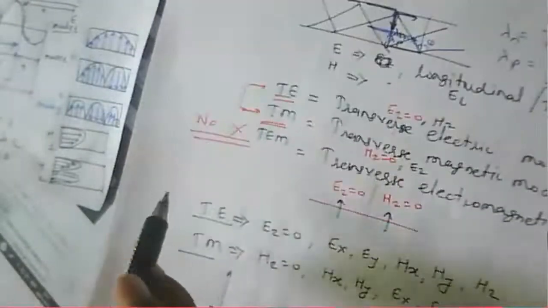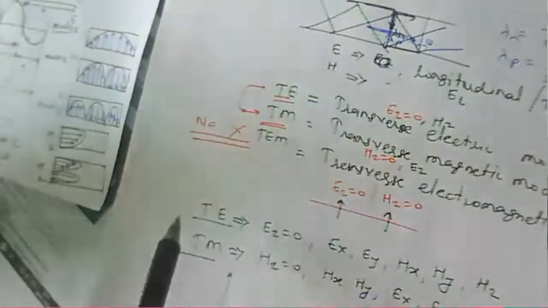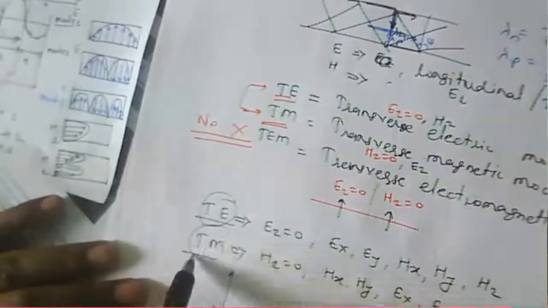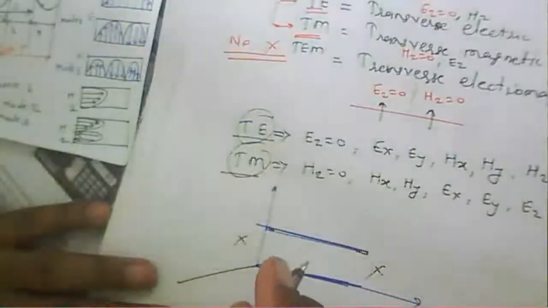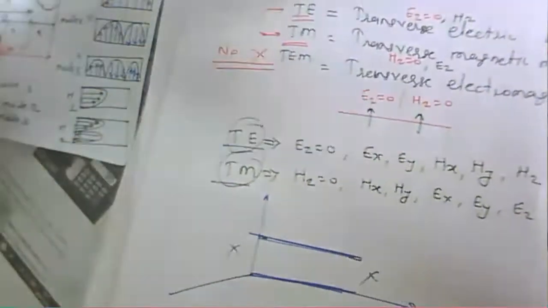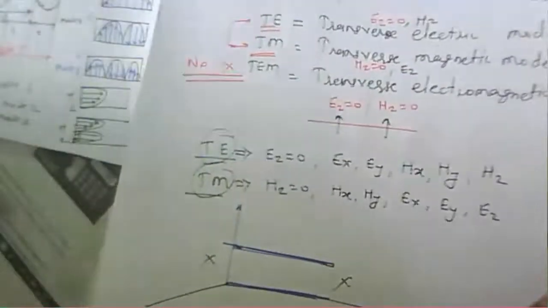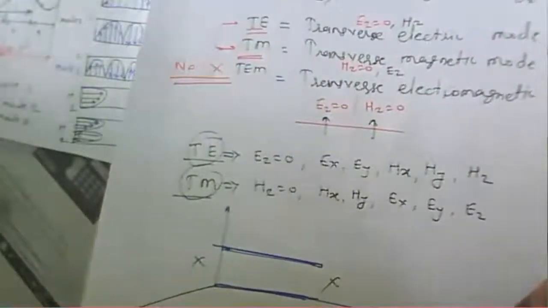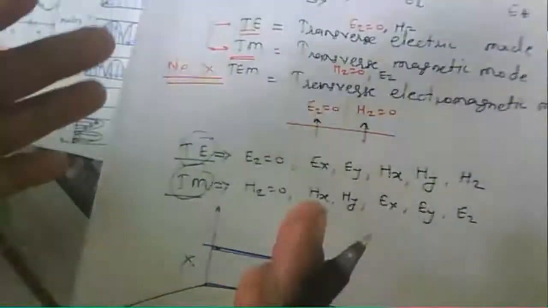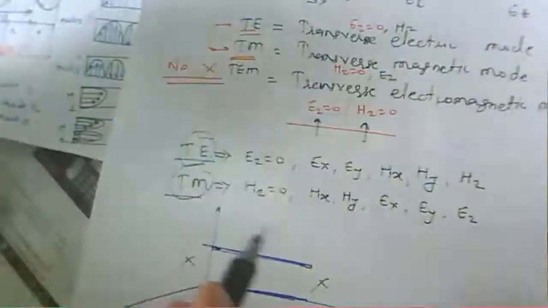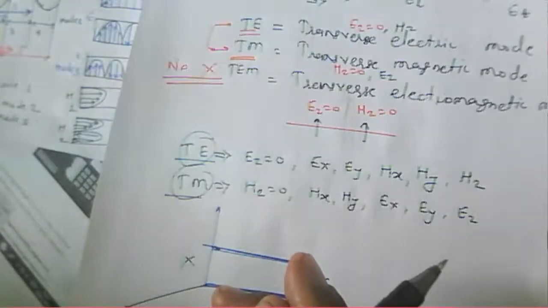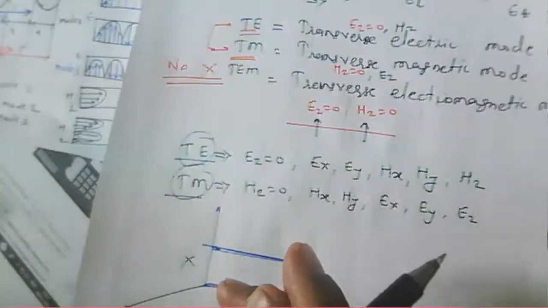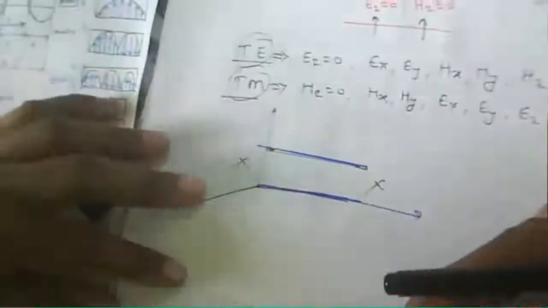But whenever we give attention to a particular transverse electric or transverse magnetic mode, we need to see whether it is a rectangular waveguide or a parallel plate waveguide. In a parallel plate guide, the wave propagates only through the parallel plates. But in a rectangular waveguide, all the power is confined inside the guide. So that's why we can talk about the confined power inside a particular guide, in the rectangular waveguide.